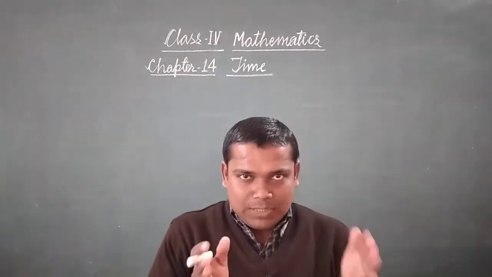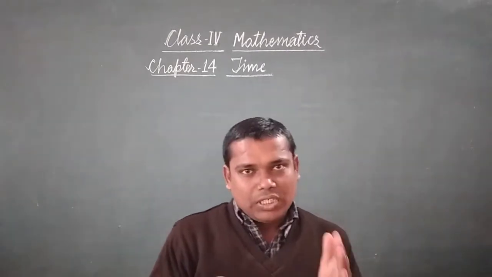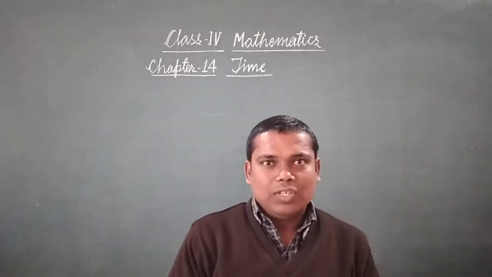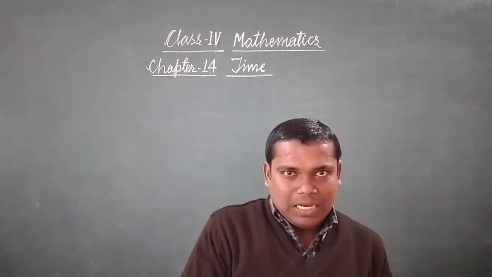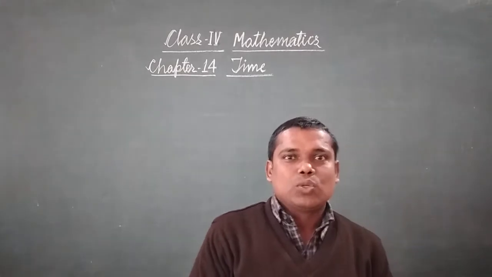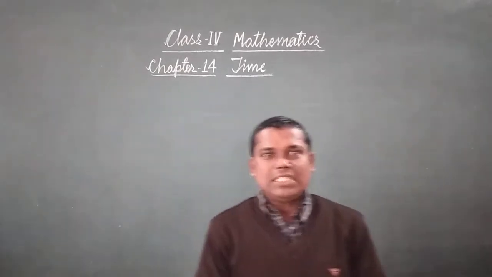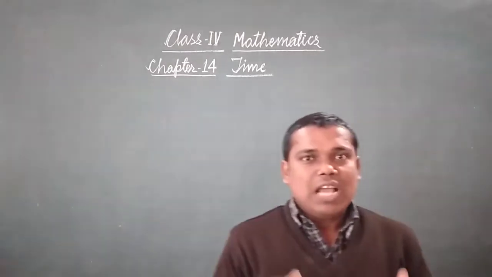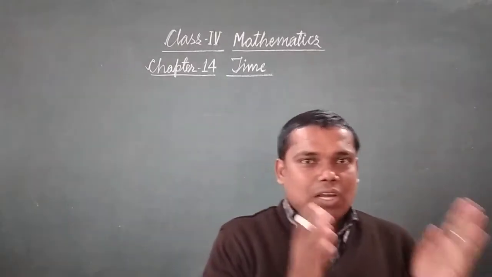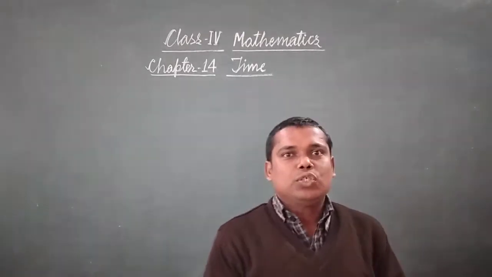to be over. So this period of time, this interval of two events, means once the bell rings for the first period and then the second period. So this interval is called time. Now the next thing is, if we have the interval of events, then we are saying time. So there is some unit to measure time.